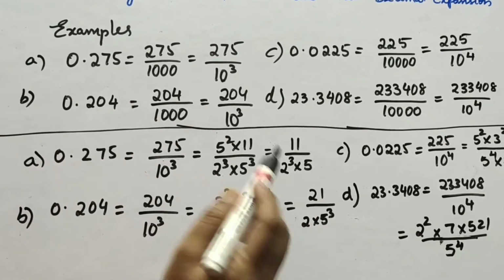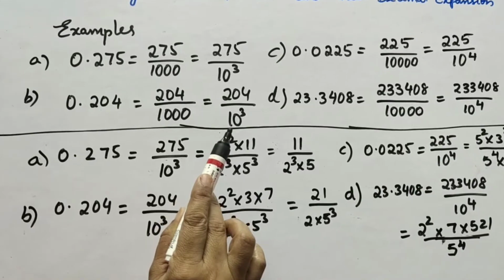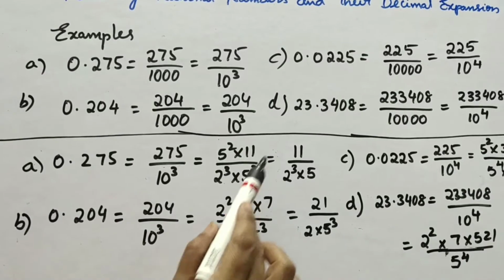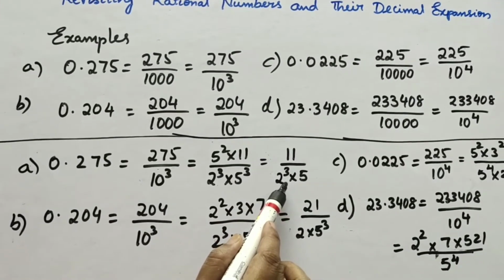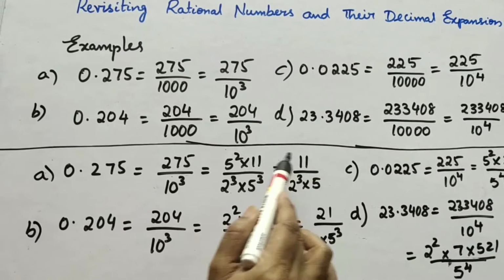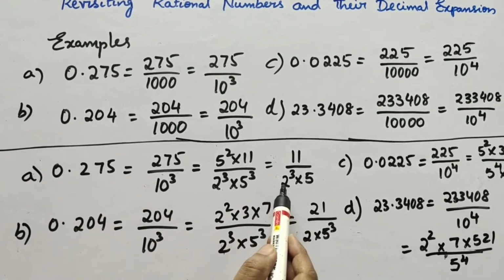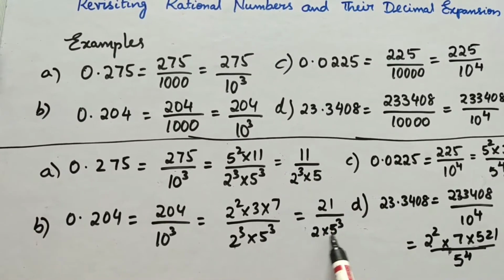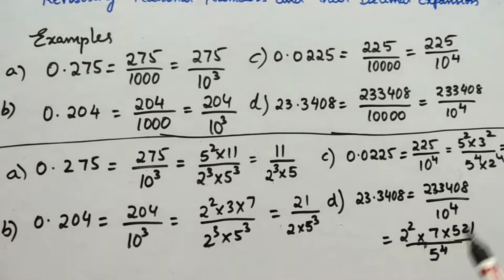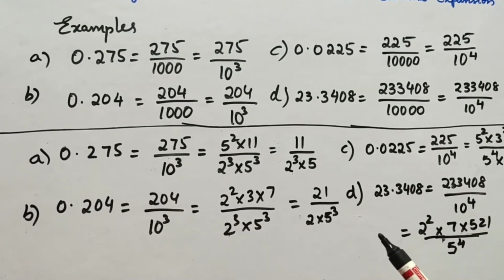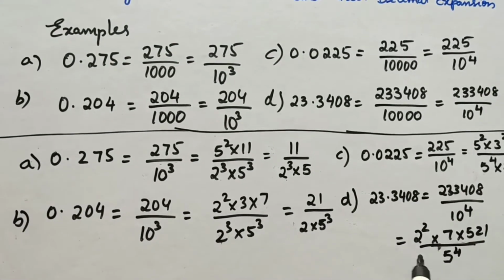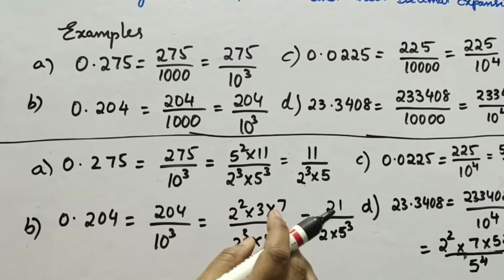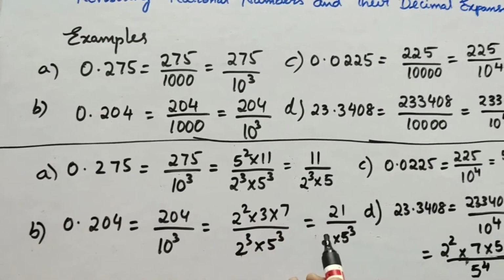So it appears that we have converted a real number whose decimal expansion terminates into a rational number of the form p by q, where p and q are co-primes, and the prime factorization of the denominator has only powers of 2 or powers of 5 or both. If you observe here, the denominators you have the powers of 2 or 5 or both, isn't it? So we should expect the denominator to look like the powers of 10 can only have the powers of 2 and 5 as the factors.